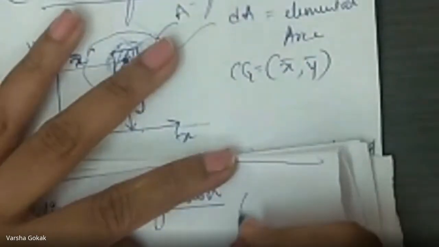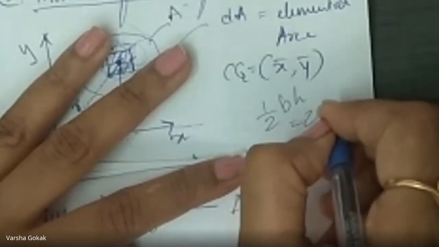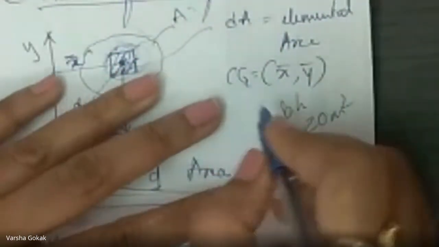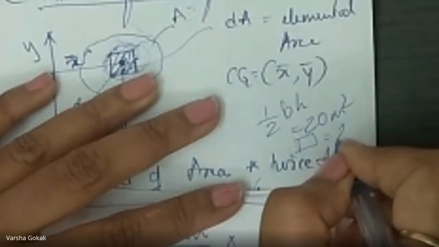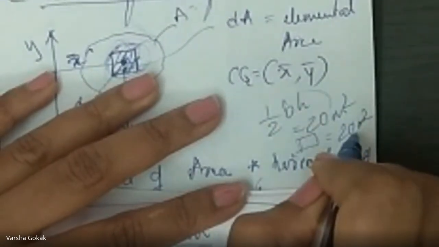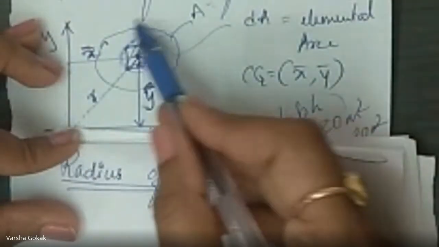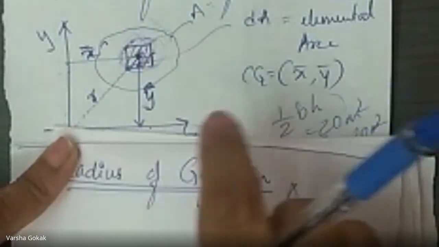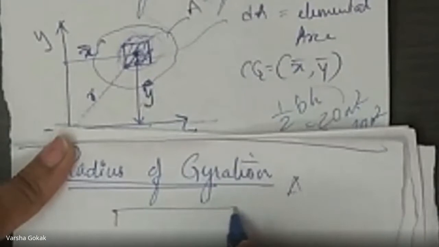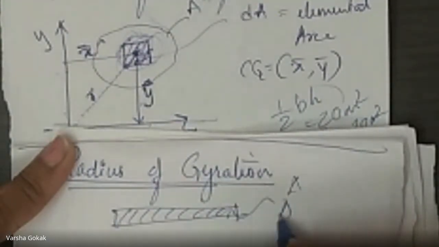Say for example, I have a triangle. The triangle's area is what? Half base into height. So you get say 20 meters square as the area of the triangle. I can remold the triangle and make it into a rectangle such that its area is also 20 meters square. So what I did, I have the same area but a different shape. So what we will do, we have to concentrate this area into a thin strip which will have the same area, something like this. Say we have concentrated it into a strip which will have the same area A.